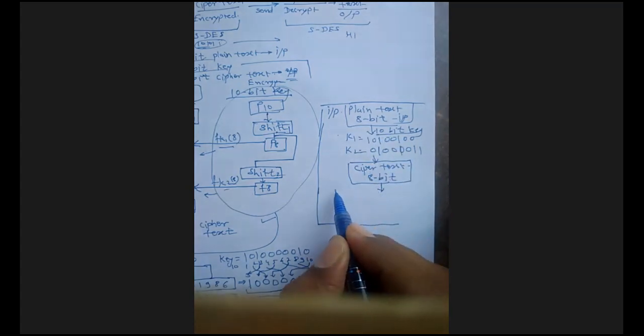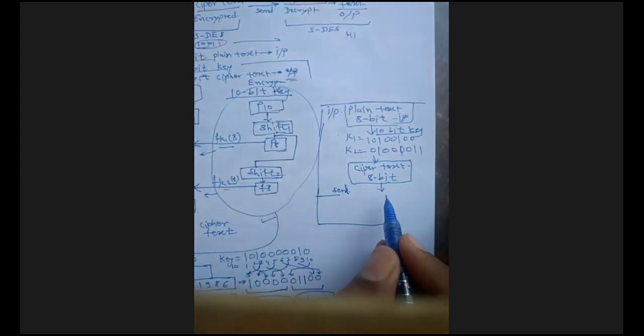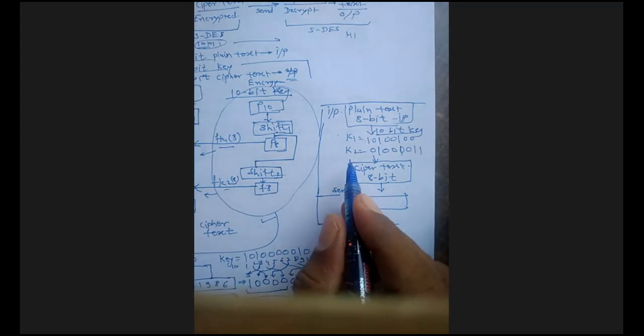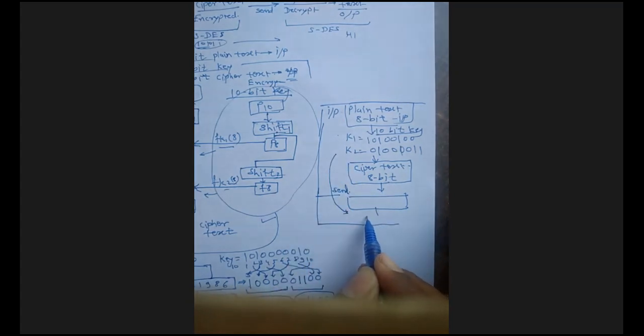Now then I have to send it. Okay, so then I have to send. So this much part we have completed today. Now again I will explain tomorrow that ciphertext as an input you have to consider. And that ciphertext is again converted by using these two keys over here. Once you apply the keys, then comes your next, what? Plain text. This is my ciphertext. Got it? This is my ciphertext and then plain text. So this is the complete procedure for SDES.